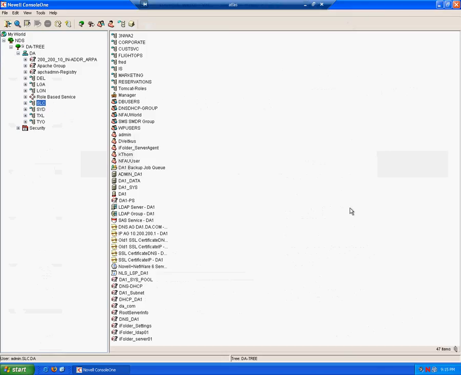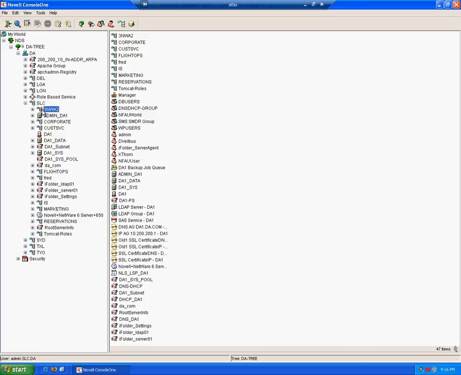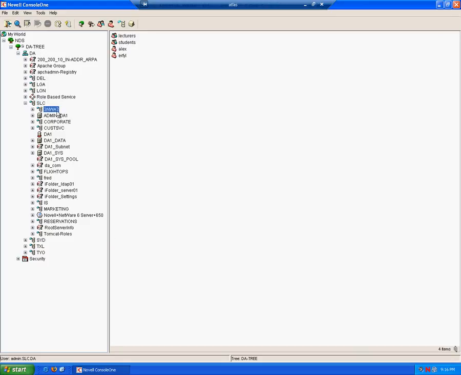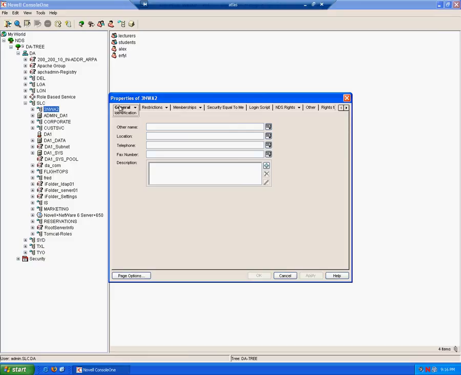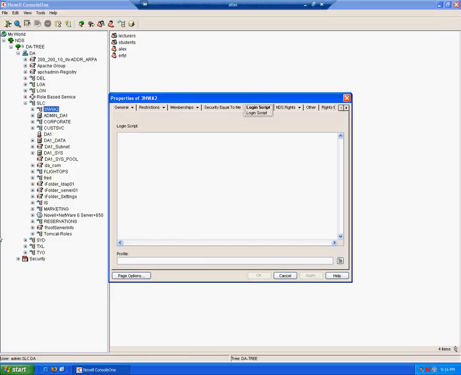So let's switch back to our virtual machine. Let's create a container login script. If you remember, our example container is the FreeNWA2 organizational unit. Being a container login script, the login script is a property of a container. In this case, our organizational unit FreeNWA2 is the container we are interested in. So let's open up the properties of the FreeNWA2 organizational unit. Right click, properties. You'll notice that across the top there's a tab called login script, and in fact this is where we can